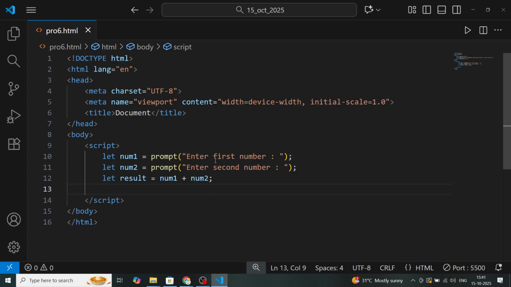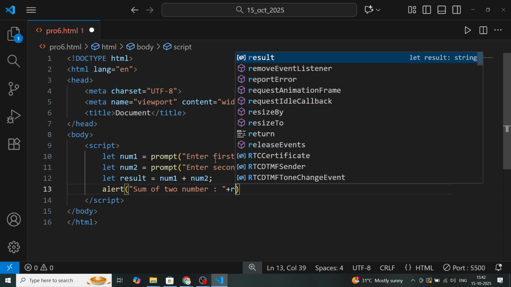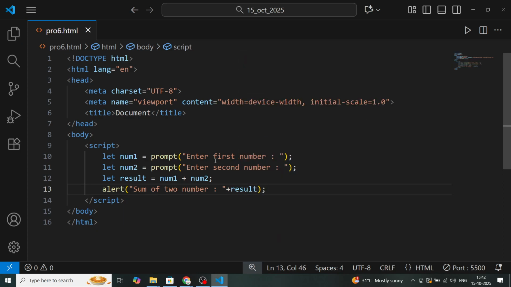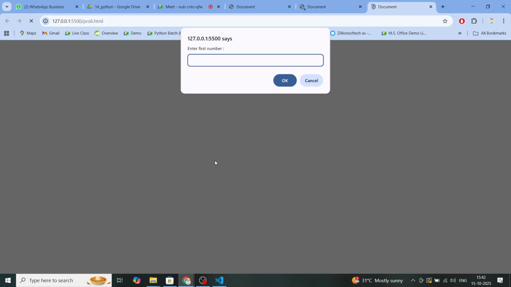Understand? So I have given an alert to the user, saying "sum of two numbers," and then we will get the value of the sum. What is this? Result. Do you think we will get the value of result? Control S to save. Yes, I am going to give a number. I have given 100 and now 500. Do you think what will be the output? 600? No,